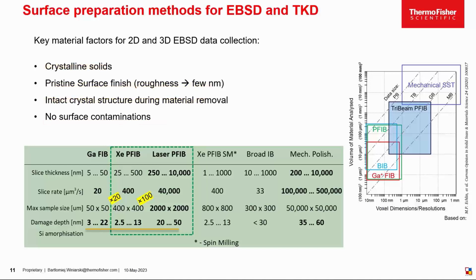Now, depending on the volume of material analyzed and the required resolution of images, we can account for several material removal methods suitable for EBSD or SEM imaging. These are presented on the graphs: mechanical serial sectioning, femtosecond laser serial sectioning, broad ion beam sectioning, plasma FIB and gallium FIB serial sectioning. The table below shows serial sectioning parameters for the methods and damage depth, amorphization for these